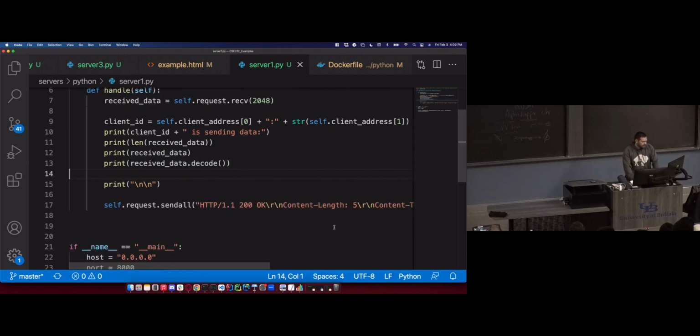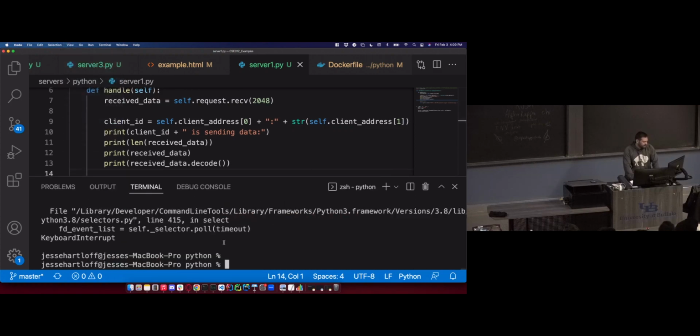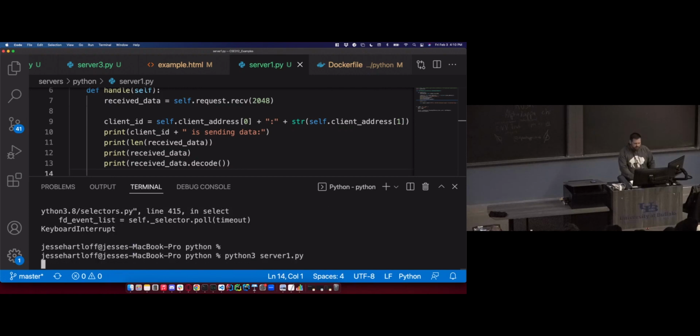And then I can run this thing. Oh, I minimized my console. How do I get back to it? Terminal. All right, and I'm going to run this. I'm going to do python3 server1, which is where I have this code, and I'm going to run that server. And when I run it,